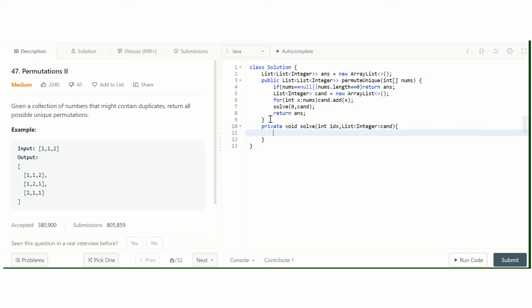We know that if we have added all the elements, then we got one permutation. So we'll check if idx equals candidate.size(), then we know that we got one candidate permutation. So we'll add that into our answer.